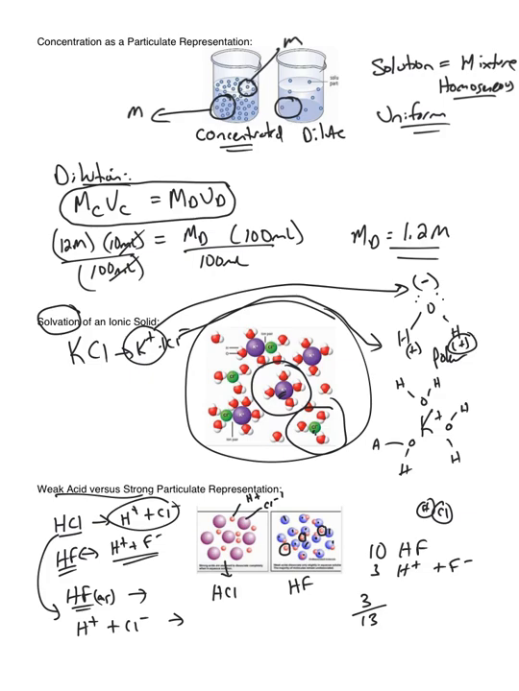Okay? If I take 3 divided by 13 times 100, this would tell me that about 23% of this substance had dissociated. Okay? Less than a quarter of the particles had separated into the H plus and F minus. Okay? So these are different particulate representations just to be aware of on the